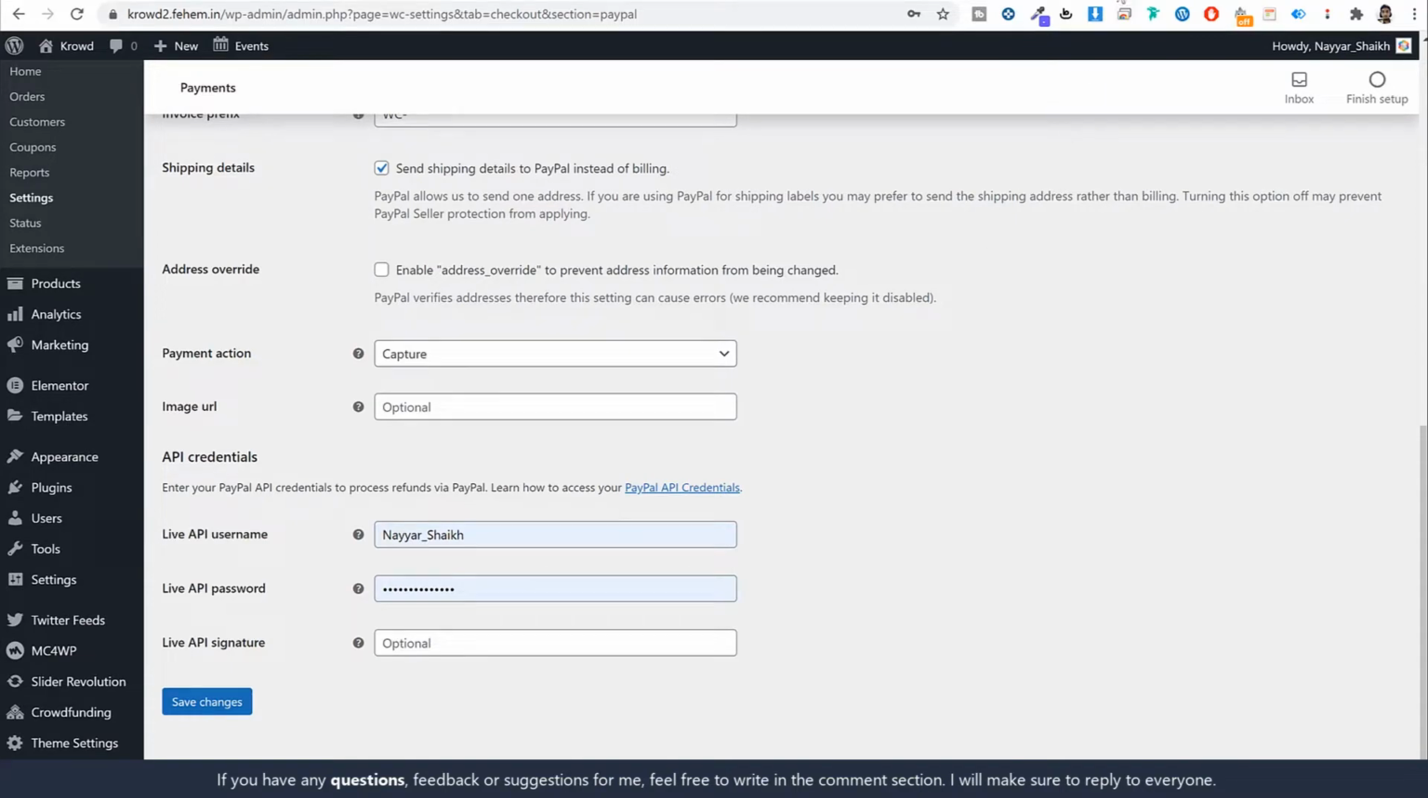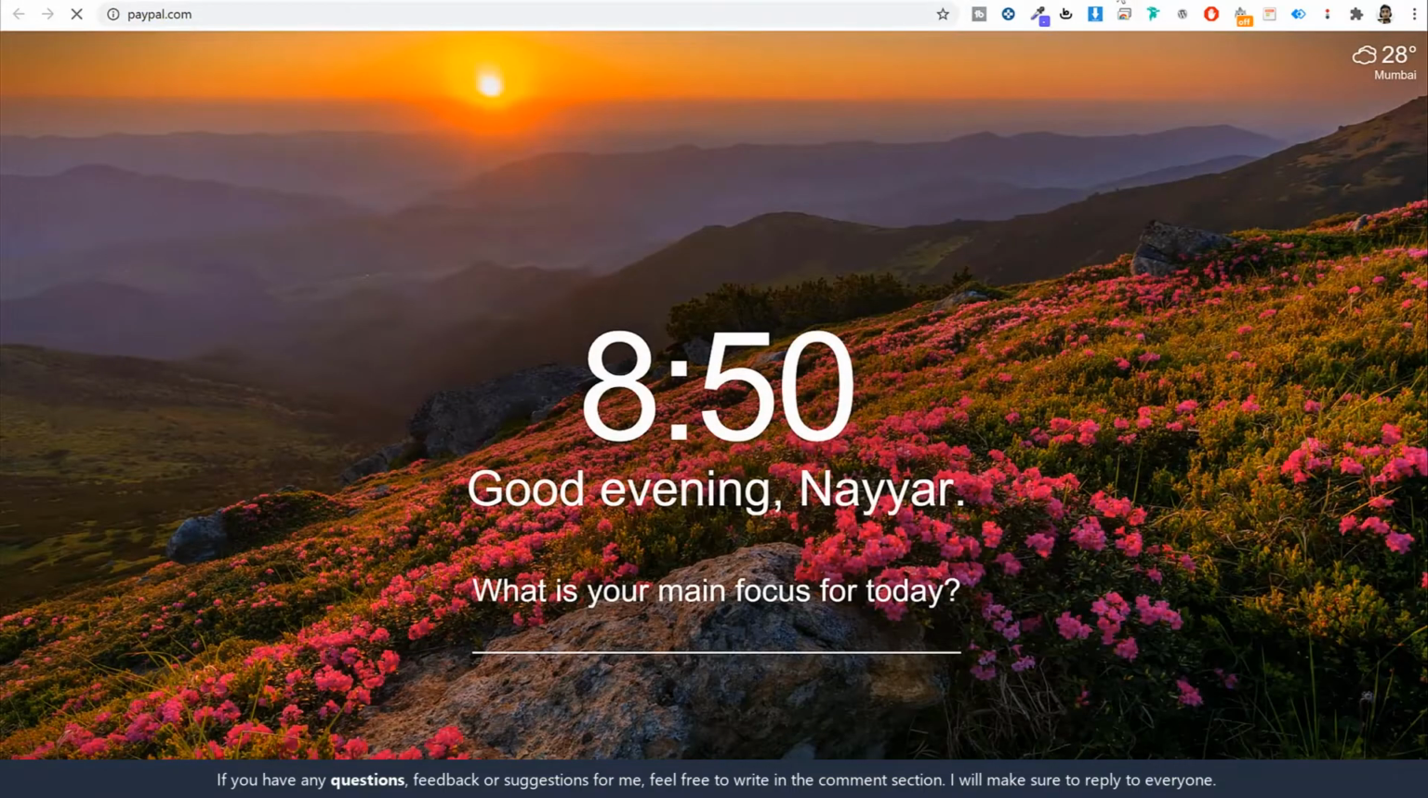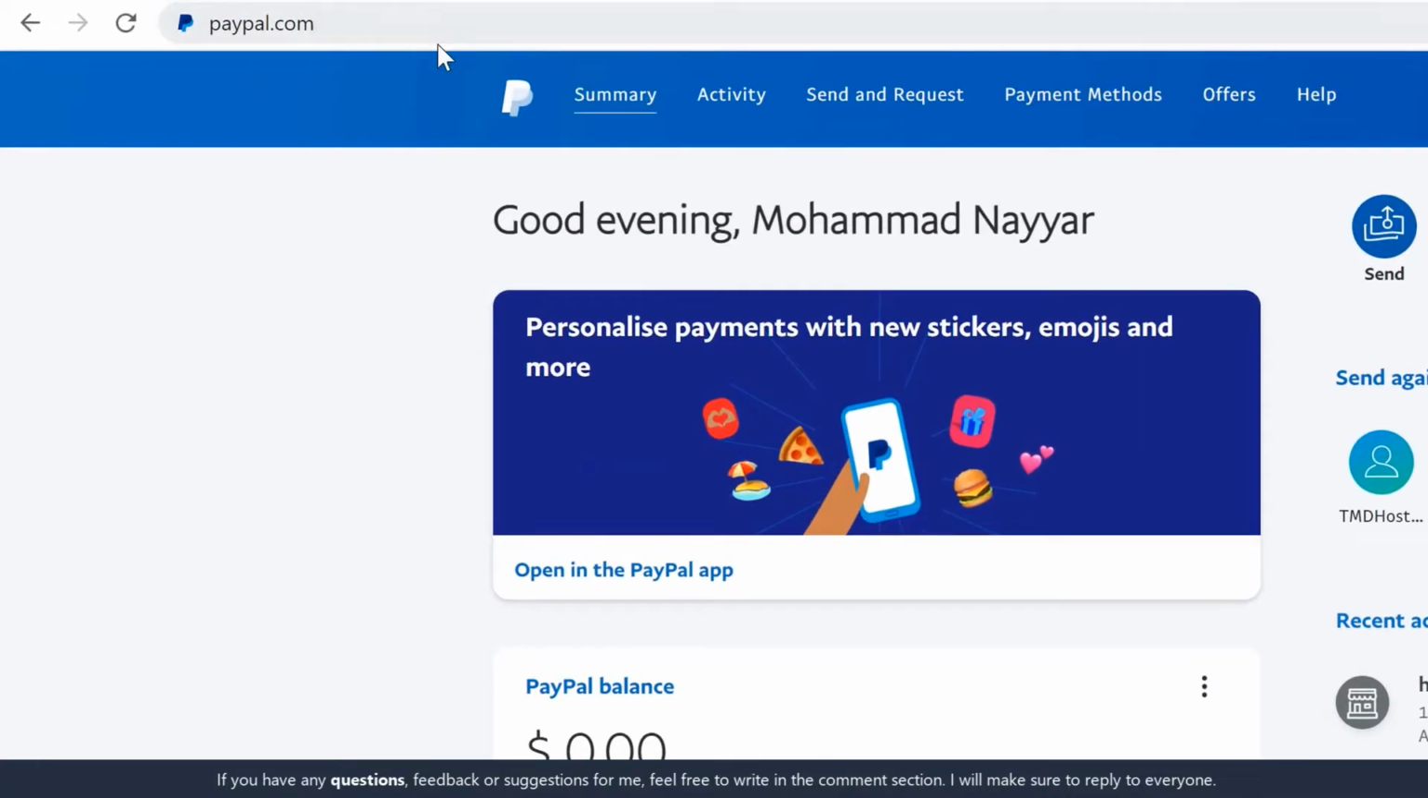And to get this, you have to go to paypal.com and log into your account. Once you log into your account, you'll see paypal.com typed in over here. You have to